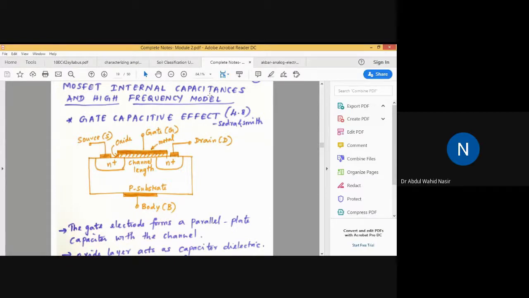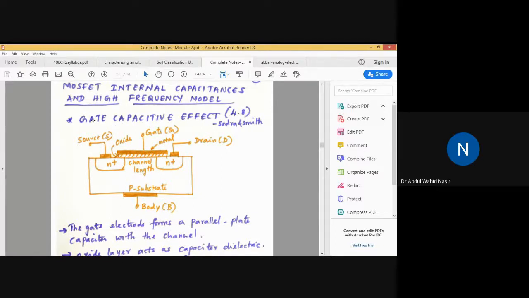So today, we will consider some internal capacitances of the MOSFET. We know that the MOSFET does have internal capacitances. So what are the different internal capacitances of the MOSFET? We see in this class. And once we go through these internal capacitances, based on them, how to modify the existing model? What things to add in your existing model to take care of the internal capacitances? So I think the objective of going through this topic is now clear.